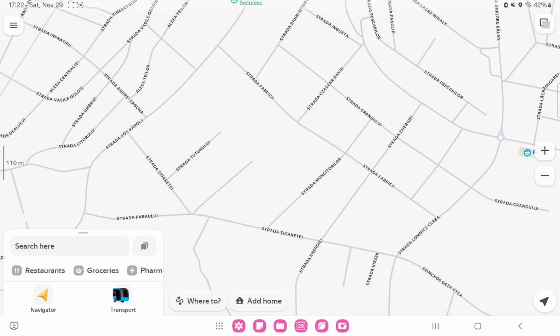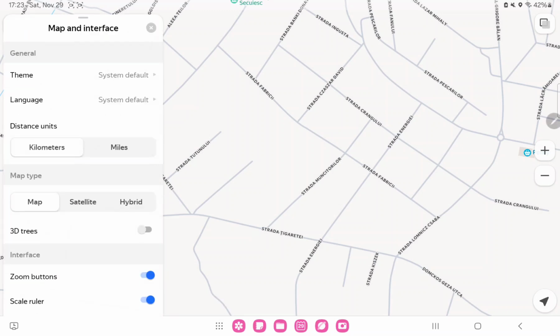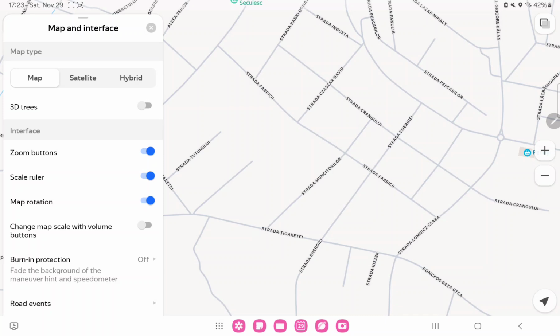First of all, open the application on your device. So that's the home screen, and you can find the different buttons. Now, just click the three lines at the upper right corner of the home screen. Click the settings button. Click map and interface, and now just go to the interface section and you can find the burn-in